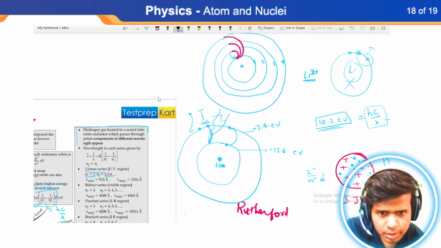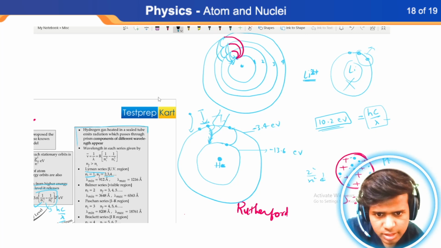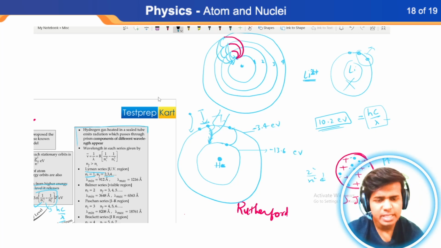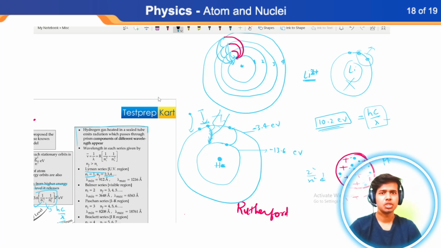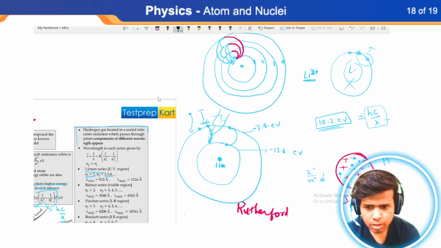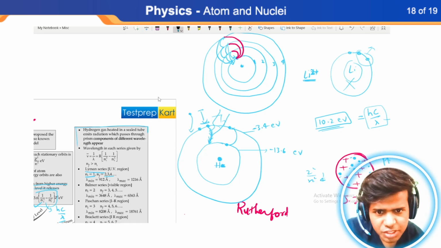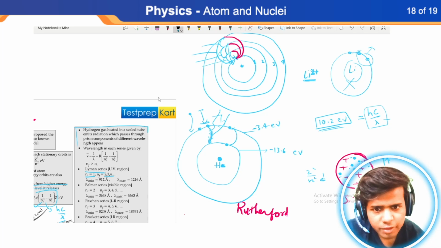They might fall back like this or directly. Both can happen. And this could happen in this manner or in this manner. So basically, whatever the original shell was, it will come back. While coming back in all these fashions, this will release a certain amount of energy, this will release a certain amount of energy, this will release a certain amount of energy, and if all of them are different,